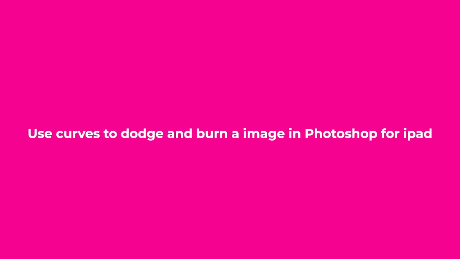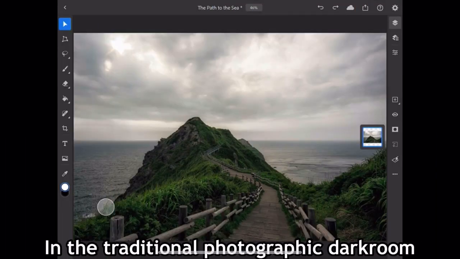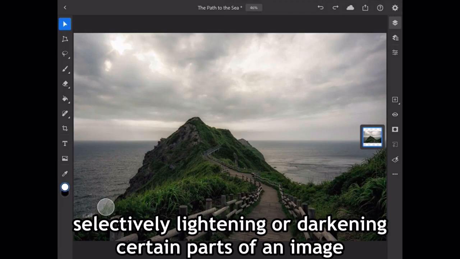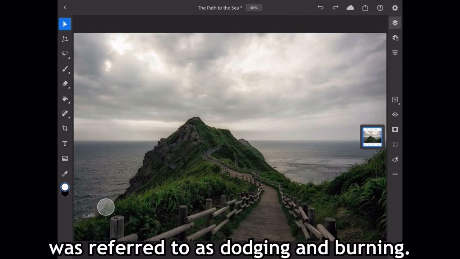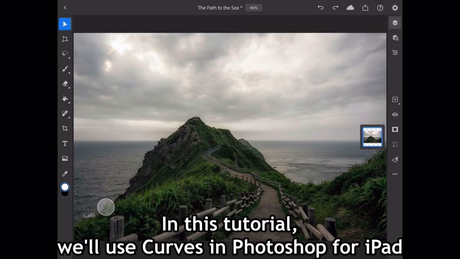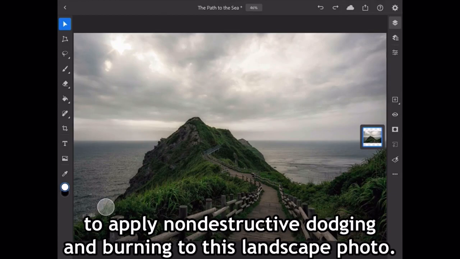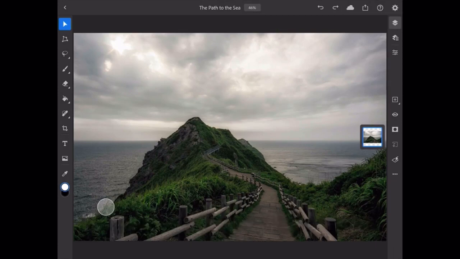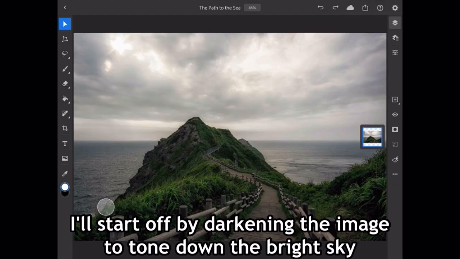In the traditional photographic darkroom, selectively lightening or darkening certain parts of an image was referred to as dodging and burning. In this tutorial, we'll use curves in Photoshop for iPad to apply non-destructive dodging and burning to this landscape photo. I'll start off by darkening the image to tone down the bright sky and bring out more of the detail